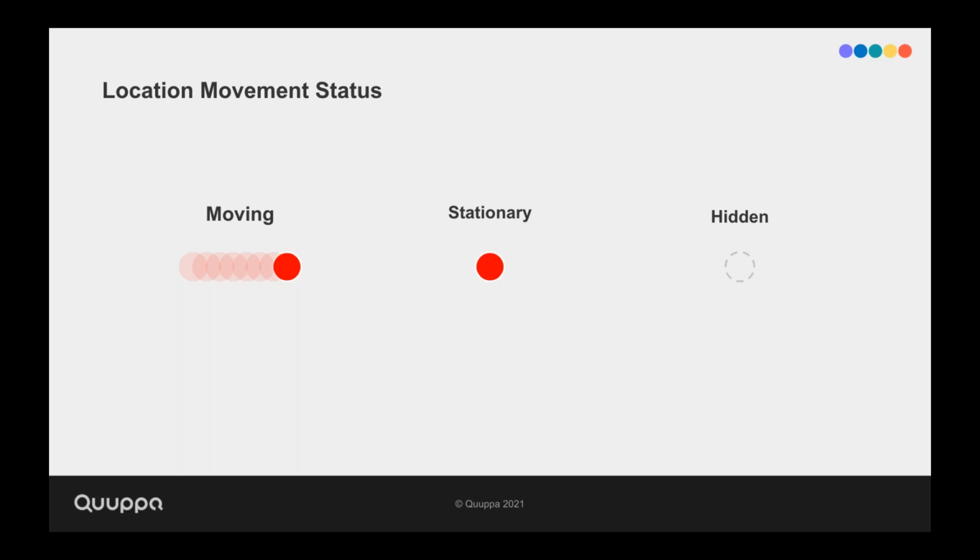And finally, we have the hidden movement status. So this means that the QPE will not show the location of a specified tag, tag group or zone group. So you can now manually hide the location for a custom selection of tags. This again is a great feature which especially helps with privacy concerns, as users can now set custom areas where the tags are not to be tracked. So a couple of examples: in retail, where you have dressing rooms or fitting rooms, or alternately in office environments where you may have restrooms where you don't want to track whether employees are using the toilets.